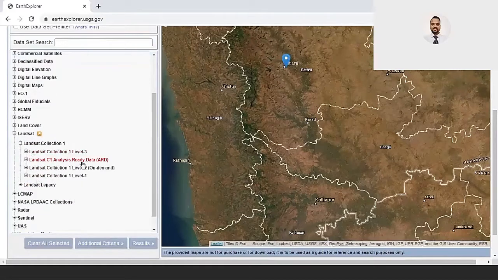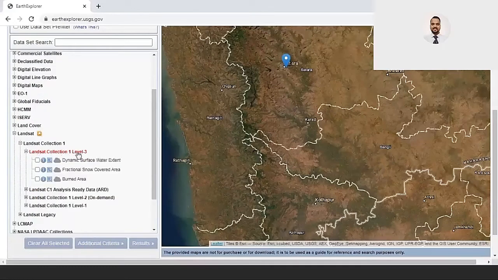This on demand data is majorly what we get on our demand. This data will take 2 or 3 days. When you request it from USGS, it is available in 1 or 2 days. Here we can see this is a different option, which we don't want for these satellite images, so I am only showing it to you.